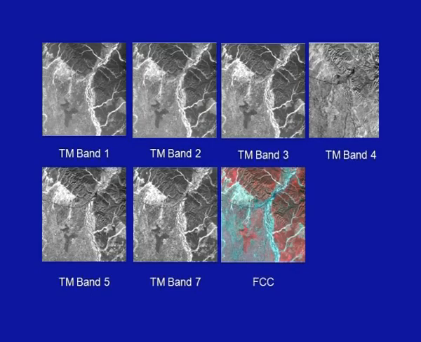Here a TM data set for a particular area has been taken, and the sixth band, which is the thermal data, has not been taken into consideration. The rest, that is TM bands 1, 2, 3, 4, 5 and 7, have been taken for analysis. The seventh image which we see in color is the false color composite, wherein 3 bands have been taken